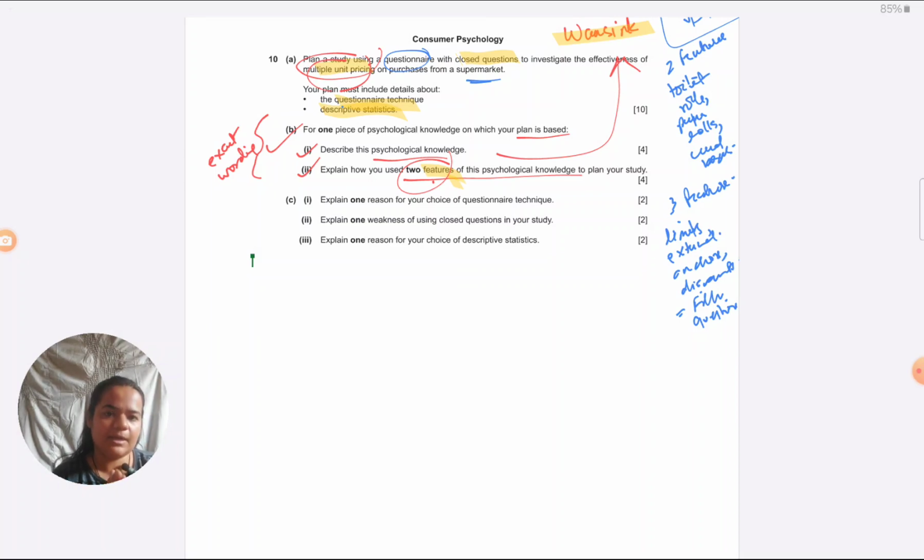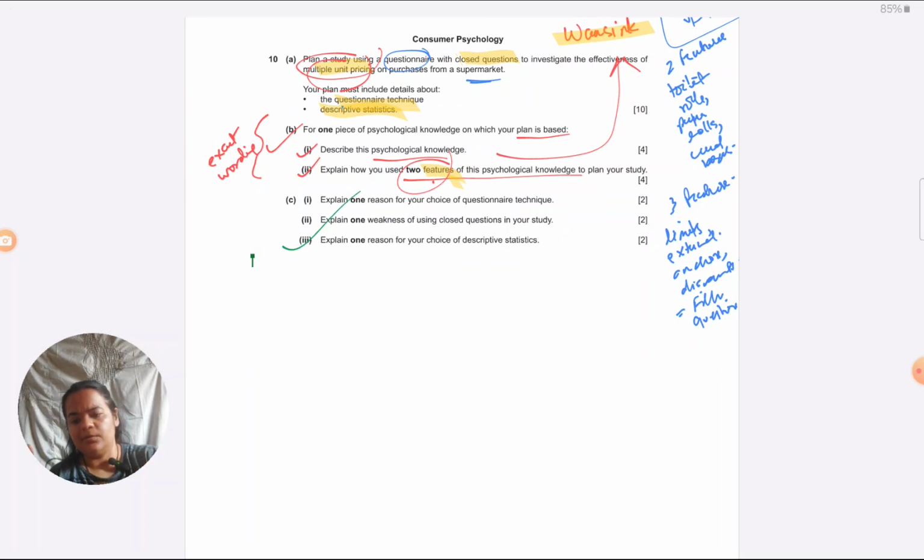More than what I'm writing or what my answer is, how I'm thinking about the answer, I want you to note that. So when it comes to designing my 10 marker, even before designing it, I consider all the psychological knowledge and the features. Then I start designing my 10 marker. And of course, whatever is there in the C part, I feel we don't need to consider at the beginning. That is more based off research methods.